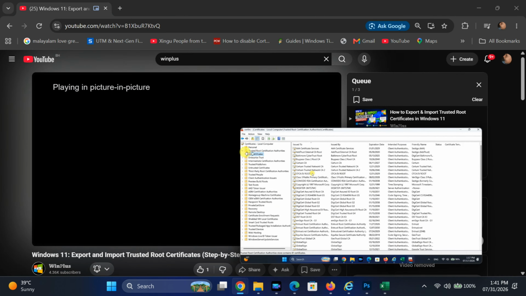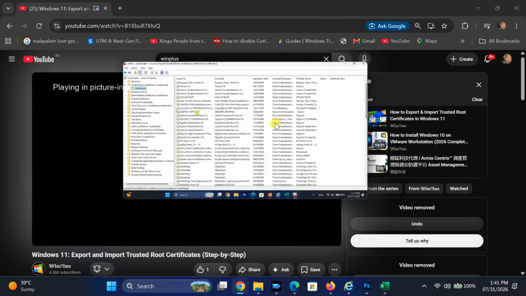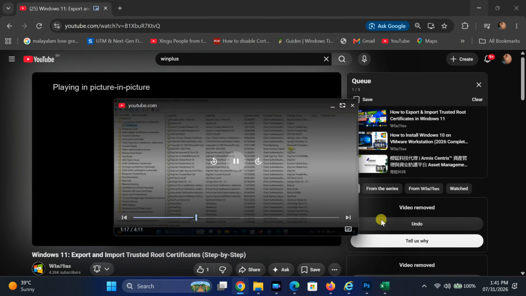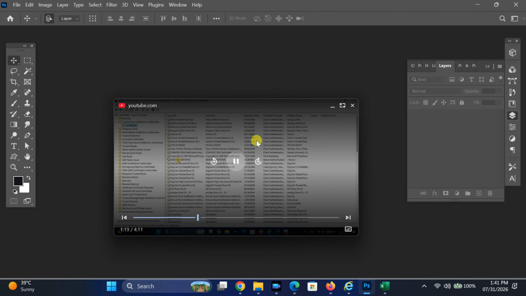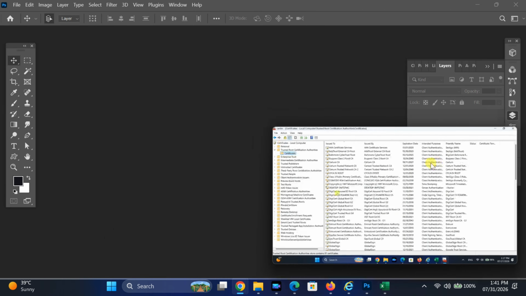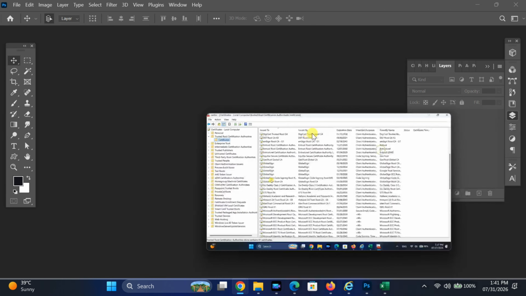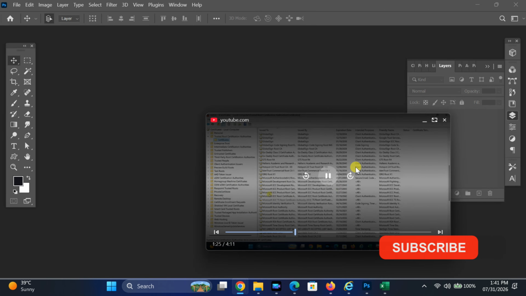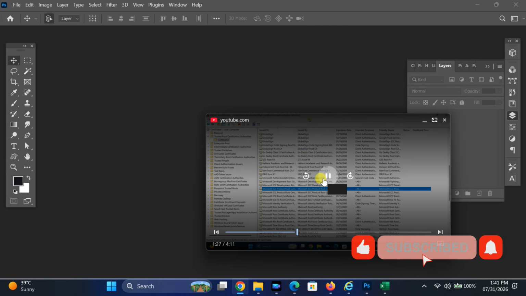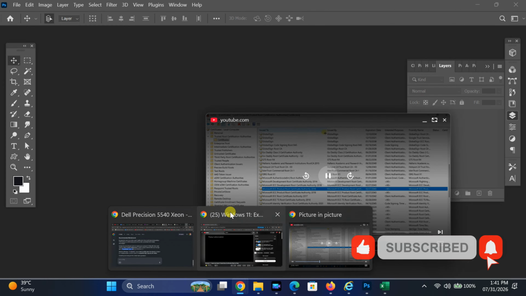That's it. The video will pop out into a floating window that stays on top of other applications, so you can continue watching while browsing, working, or using other programs. To return the video to the browser, simply click the Back to Tab button on the floating window, or close